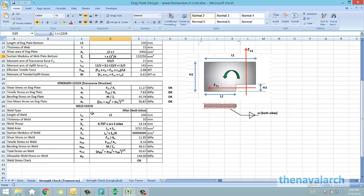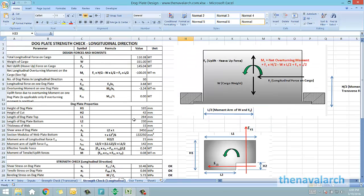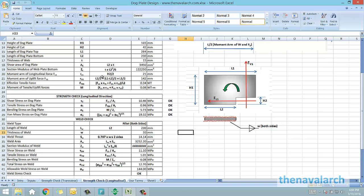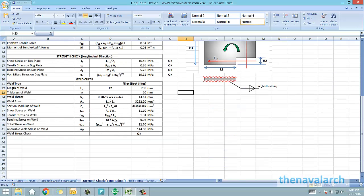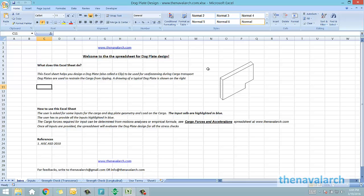In a similar spreadsheet, the strength check in the longitudinal direction is also performed from the longitudinal forces on the cargo and the net overturning moment in the longitudinal direction. With this, the design of the dog plate is complete. This spreadsheet can be used to design a dog plate and size it up for a particular cargo being transported